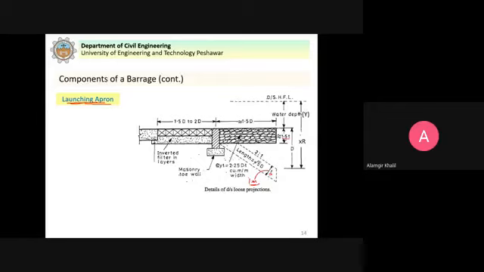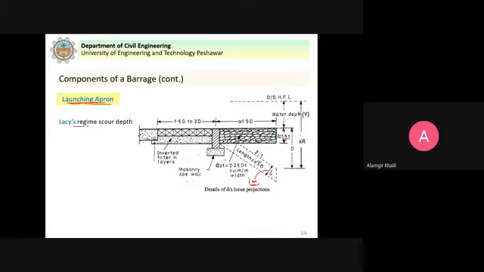So how do we ensure this? If this material here, after launching, the same material will be here, and we get the slope 2 to 1 with the 1 meter thickness. So how we do it, let me just briefly discuss.